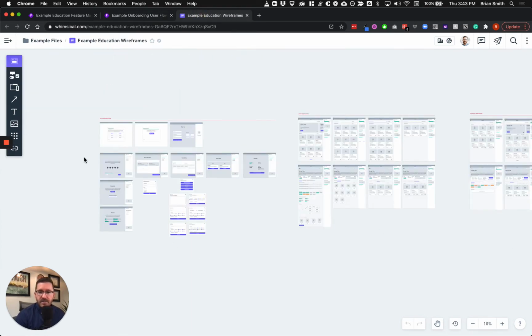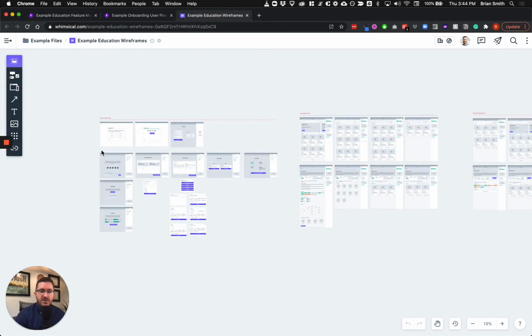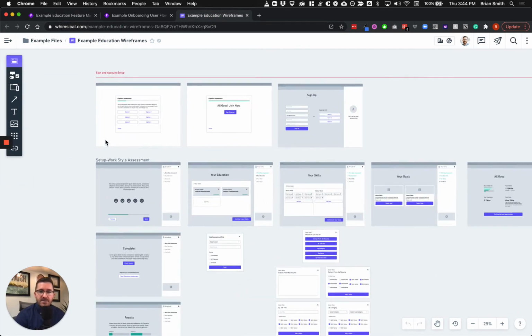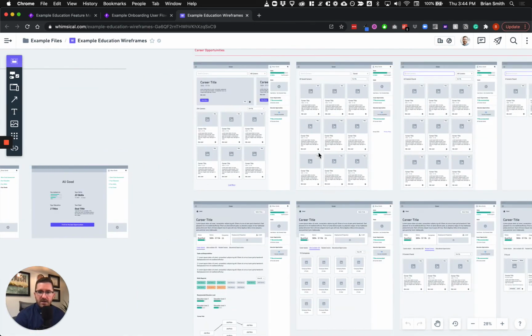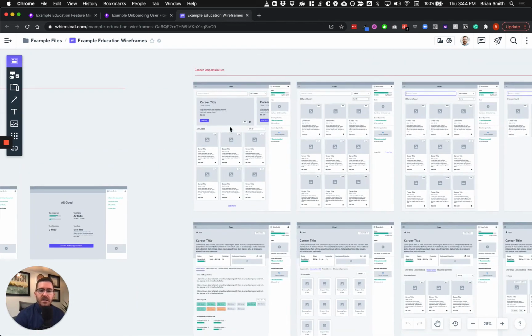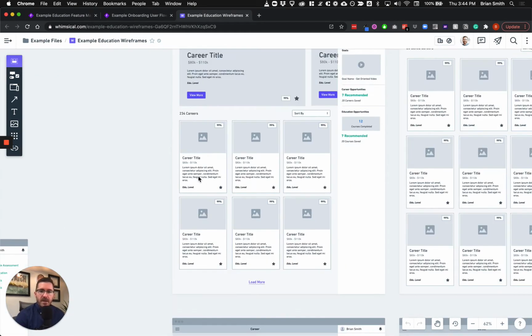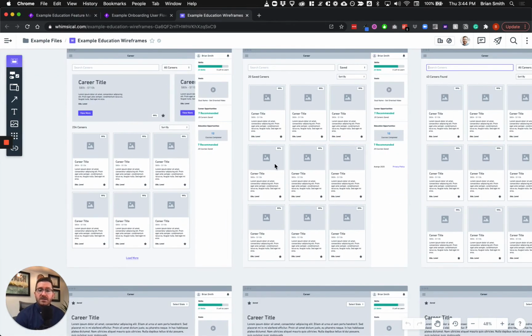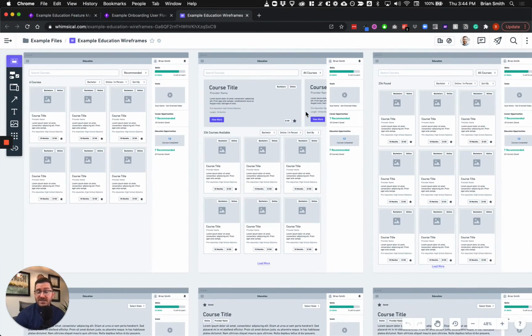The next step is putting together wireframes. So we will do wireframes for each of the views that is included over in our feature map. And these are just low fidelity outlines of what is going to be included in each view. So you can see we're not really caring too much, obviously, about imagery. Even the text that's going to be included often will be lorem ipsum. The goal here is to just demonstrate the structure of each view as it will be laid out in our